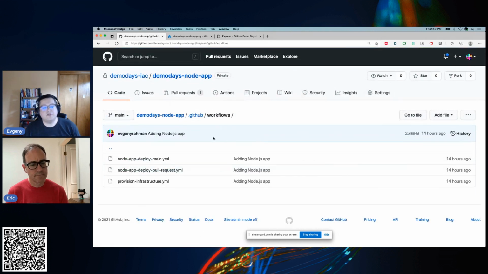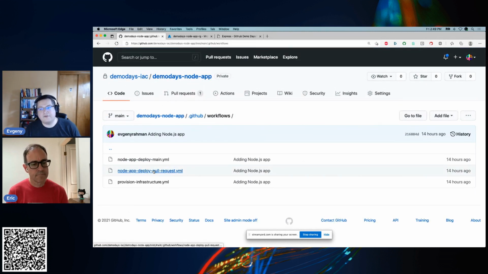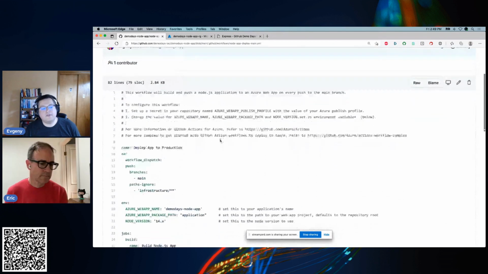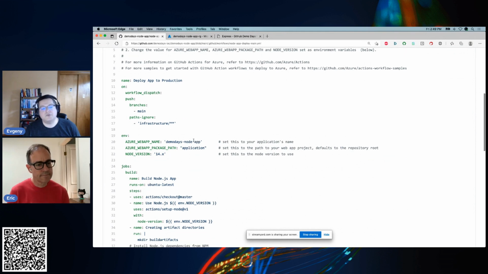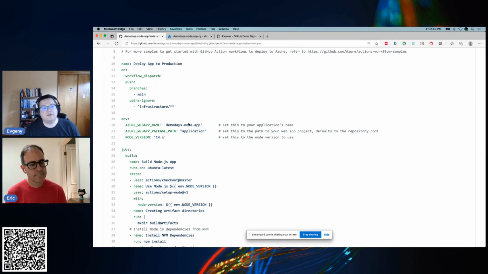So we're going to take a look at two more. We're going to go a little faster just because we already covered the major pieces. So we're just going to see how these are different. So this one is the companion to the infrastructure one. See how it says I'm ignoring infrastructure. So any changes anywhere other than infrastructure, that's my responsibility, right? Like that's what it's saying.